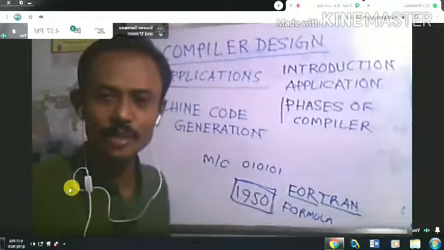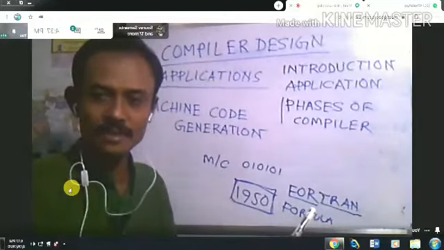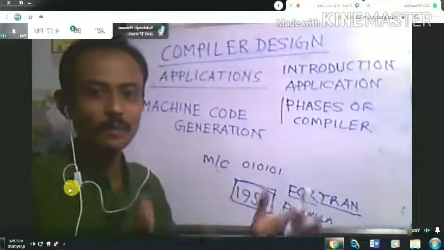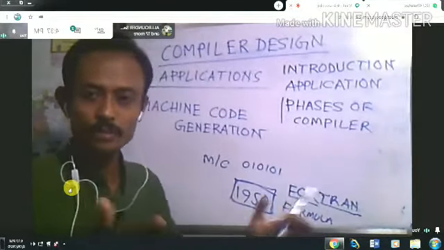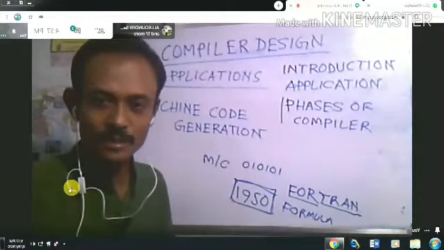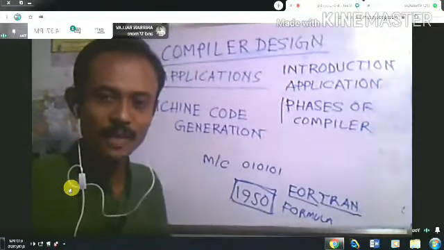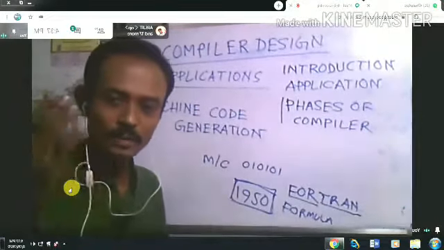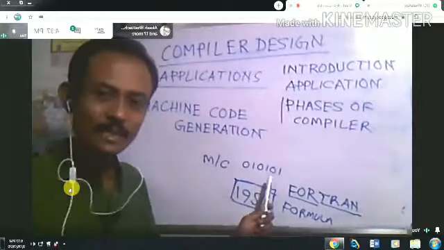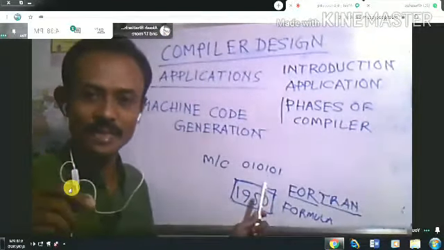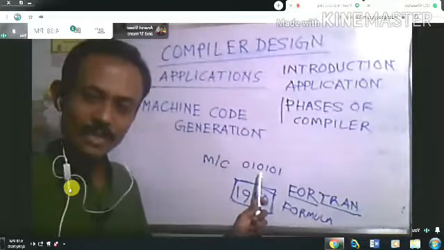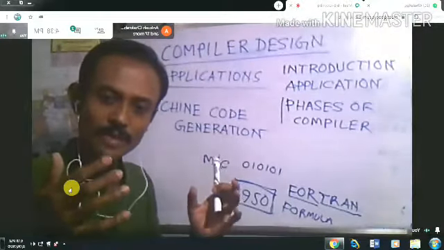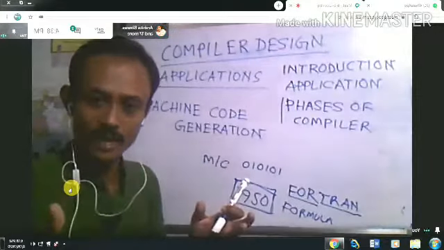So what is the utility of a computer? A computer is not just mere hardware. It's not that you made computer hardware and people come to your museum, see the computer and go back. The computer was not discovered just for display, but to run programs or software. So before the compiler, how did people execute code? In those days, people actually wrote the machine code by hand. We know that the computer only understands machine code, 0101. The binary code is the machine code. So people in those days wrote their machine code by their own hand.